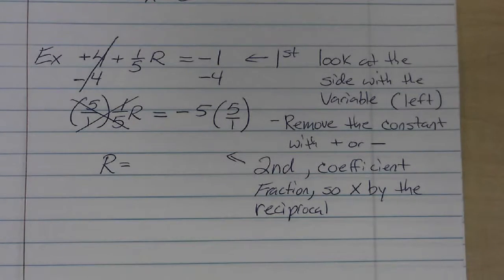On the right-hand side, I can turn that -5 into a fraction by putting it over a denominator of 1. And -5 times 5 is -25. 1 times 1 is 1. And -25 divided by 1 is -25. And that, boys and girls, is how you solve two-step equations. If you'd like to see more examples, be sure to check out